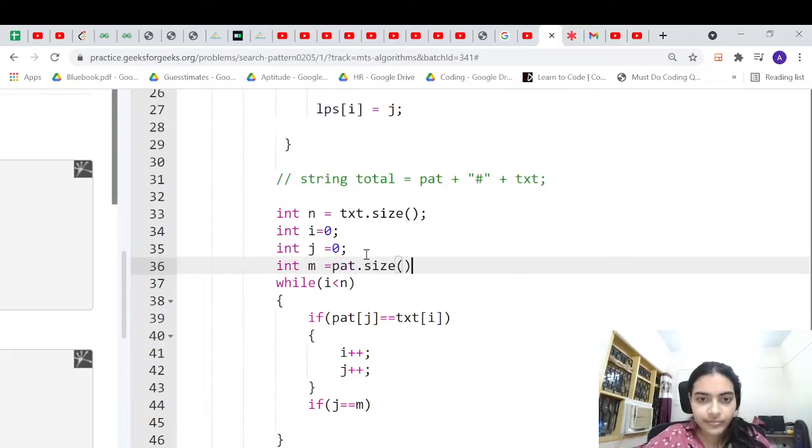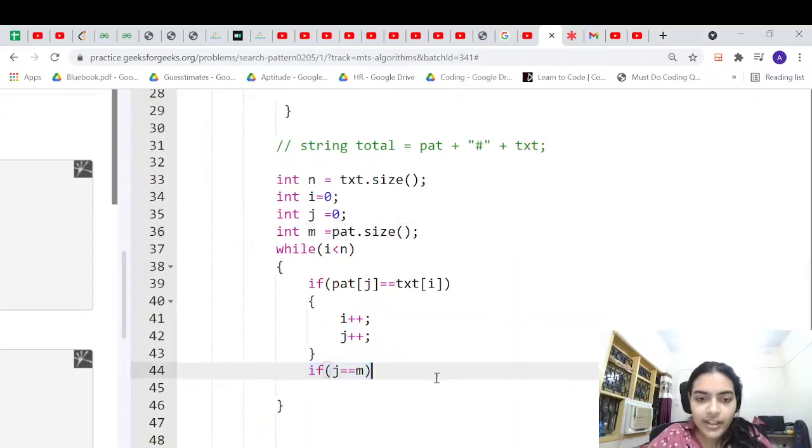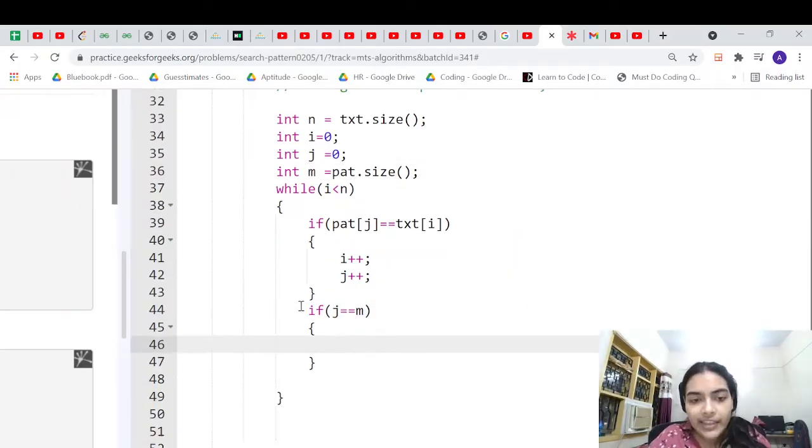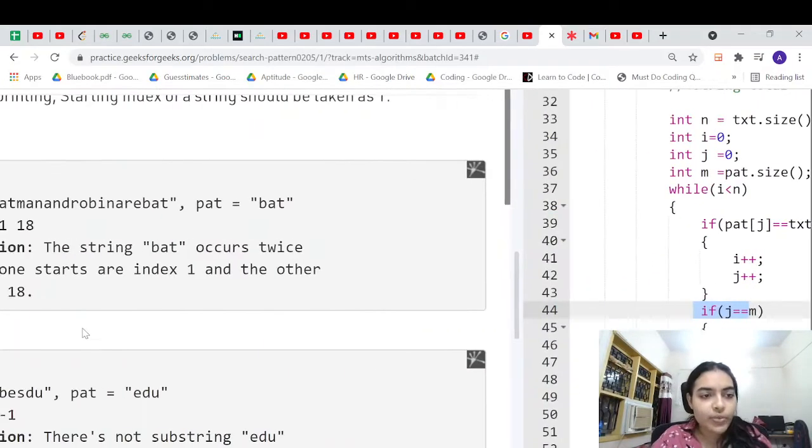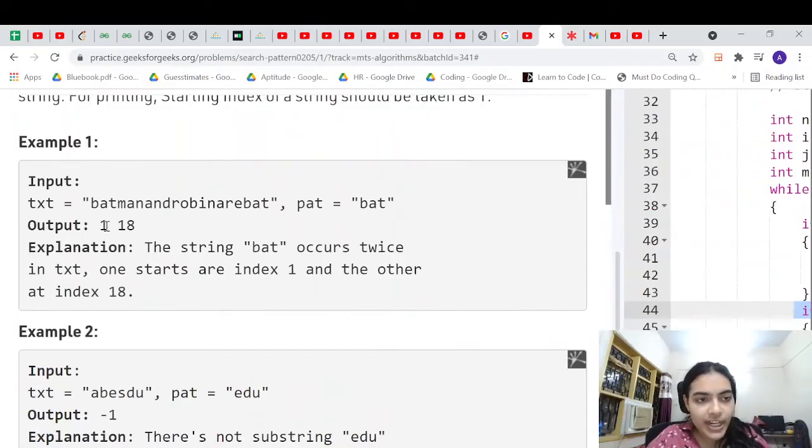Okay. So if j has become equal to m, in that case what you have to do? In the question, what are they asking? You have to take the string from the index number 1. So what will we find? We will find j to be on t, but we want to find j to be on b. So what will be the value of your j? In this case, j will become equal to 3, but you want to return 1.